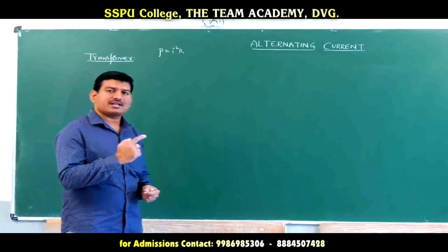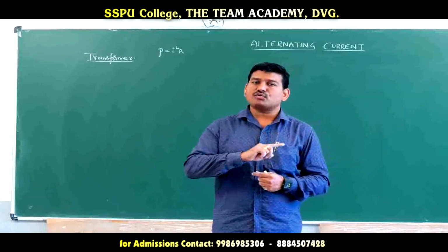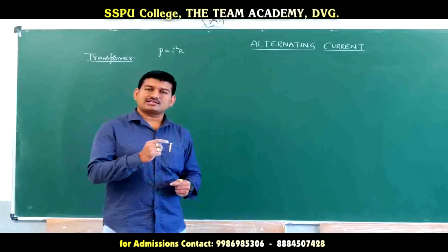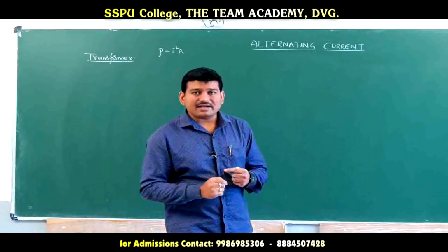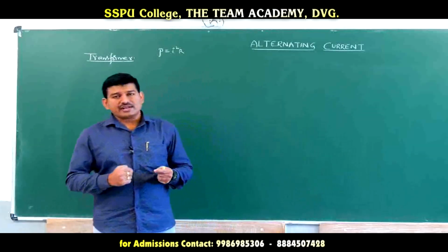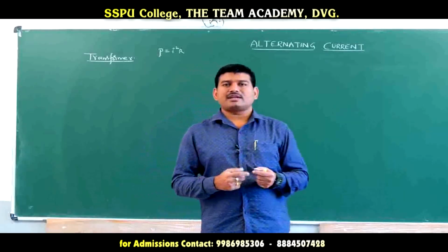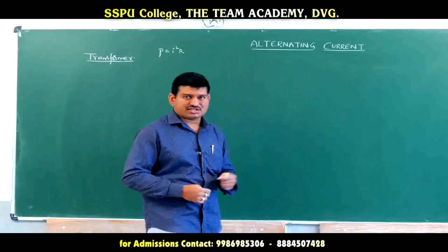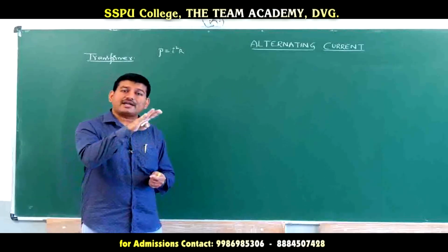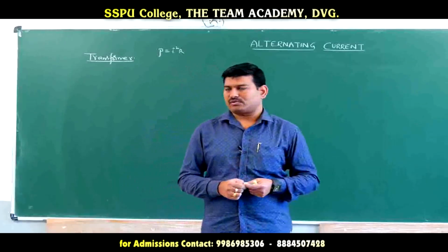Now, how many types of transformer do we have? Two types. One is the step up transformer and the other is the step down transformer. At the power generating station, in order to transport the electrical power, we have to convert low voltage high current to high voltage low current. This can be done using a step up transformer. But from the consumer point of view, we require low voltage and high current. Consumer here means household purpose, not industrial. In power substations, where we take the electrical power, we need to convert high voltage low current to low voltage high current. That can be done by the step down type of transformer. Is it clear or not?